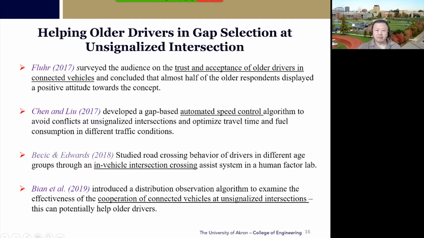Also, most of them consider purely connected vehicles or purely autonomous vehicles. But more realistically, in the near future, probably a long near future, we will have to deal with mixed traffic, where we have connected and automated vehicles as well as regular vehicles. We call them ordinary, regular, or conventional vehicles. A study involving older drivers in the field can really contribute further to this whole effort, and that is what our study is based on.